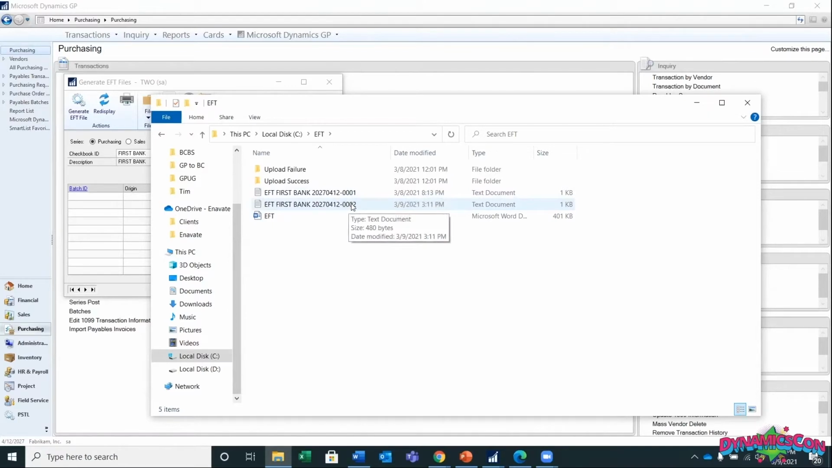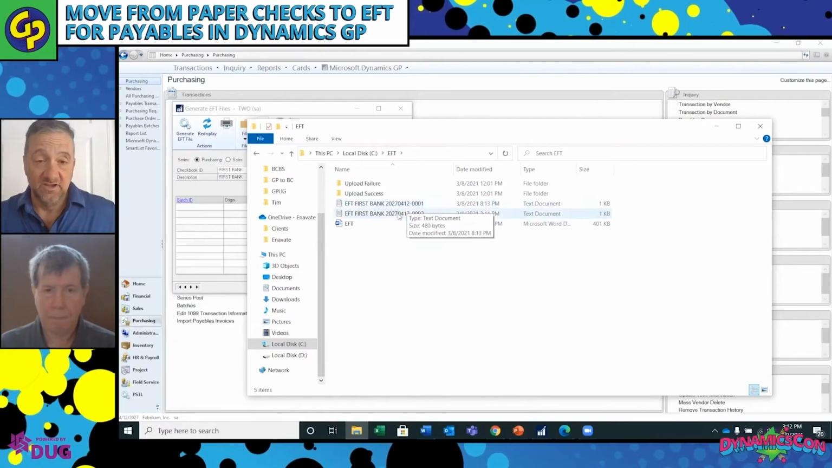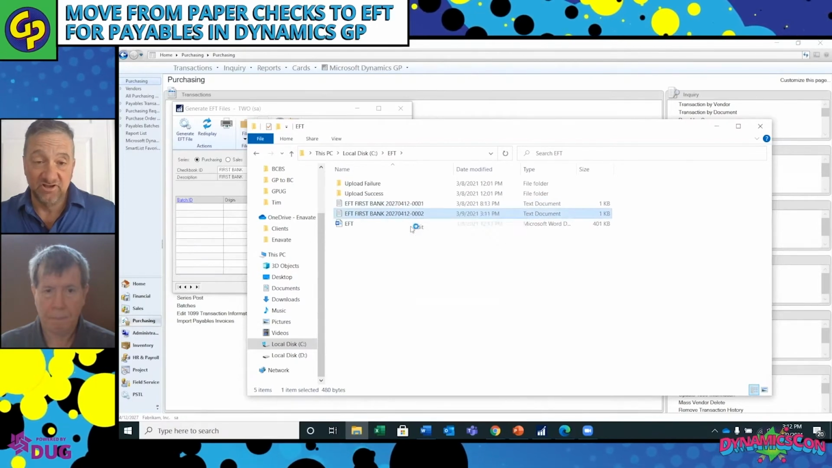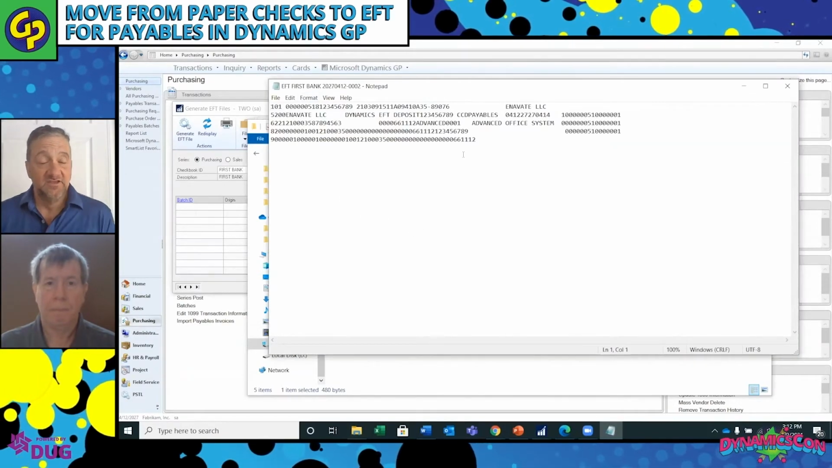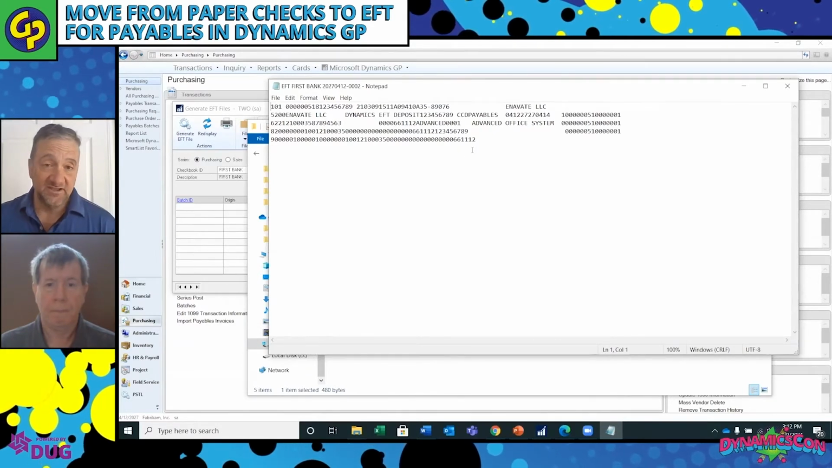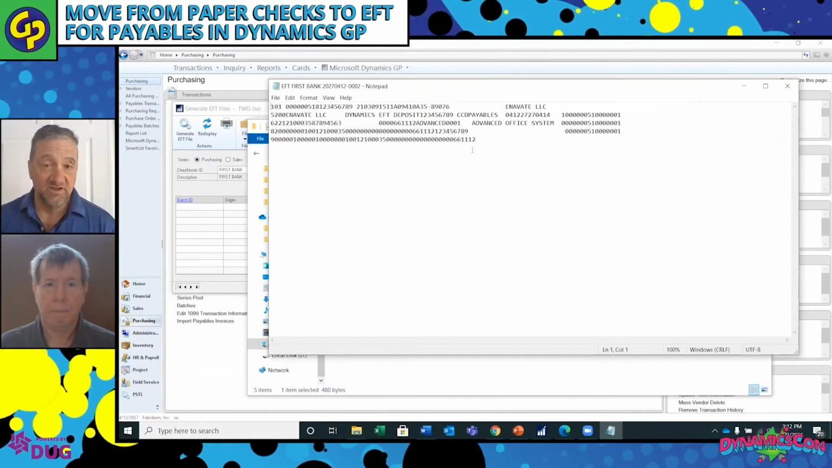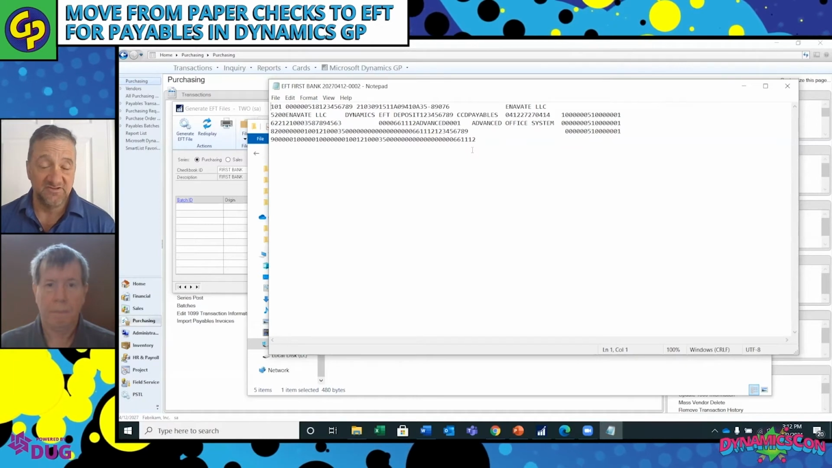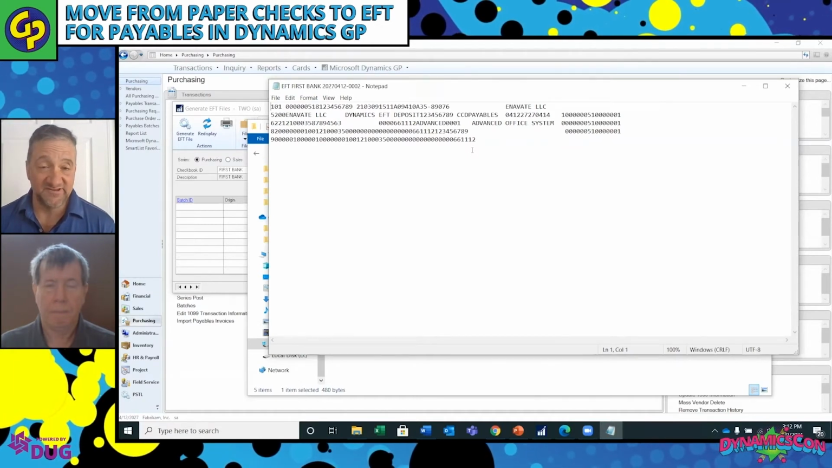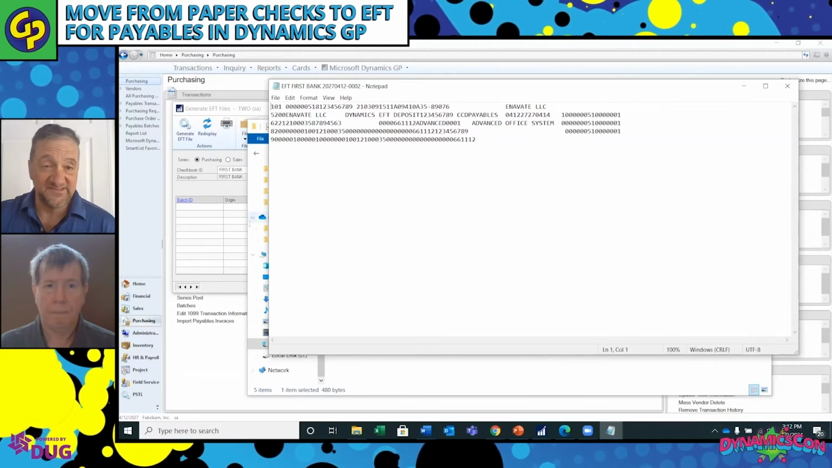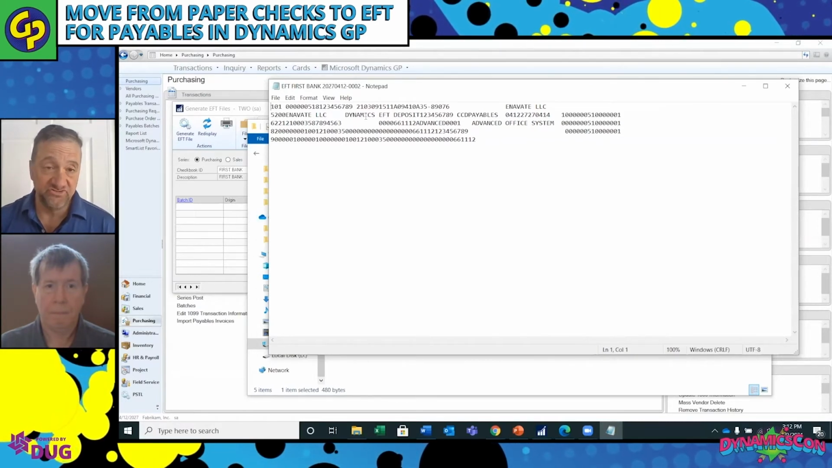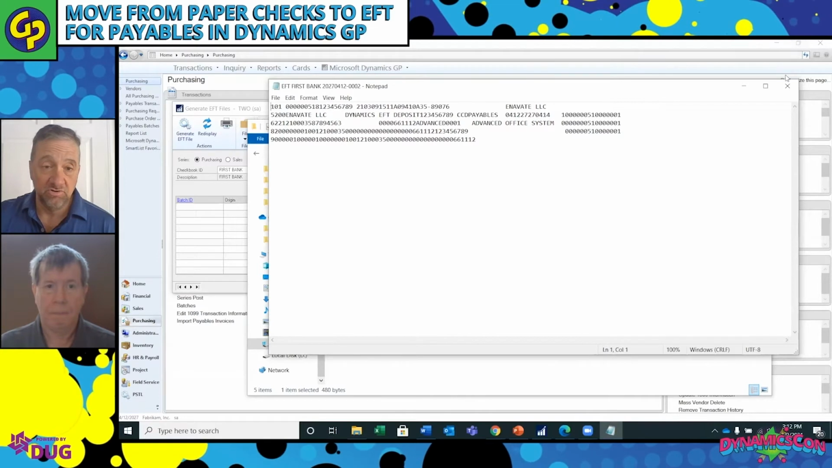So it's not going to overwrite the one that was there before. Okay. And this is what the file will actually look like. Looks like a lot of garbage, but basically this is all the data that we pulled out of GP based on the EFT specs that were sent over, the NACHA specs that were sent over by the bank. And this is what we would either manually upload to the bank, or